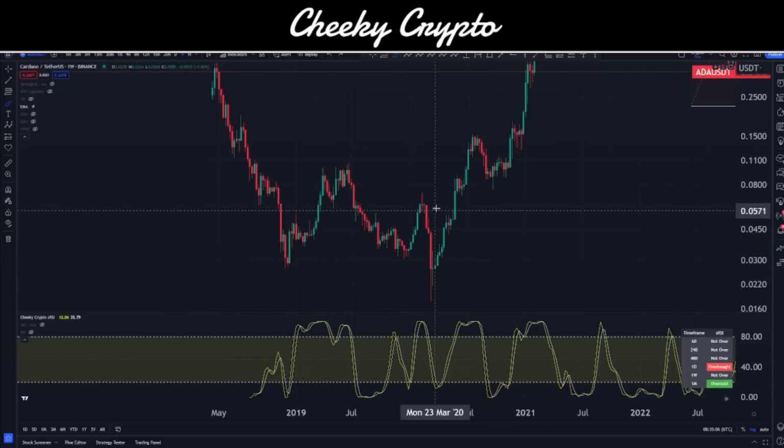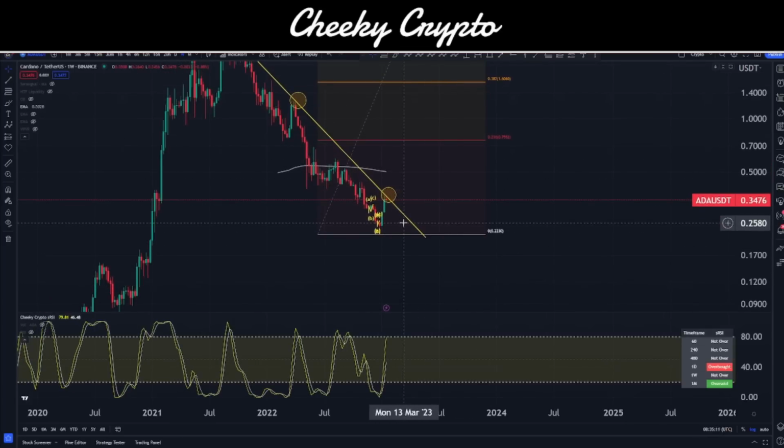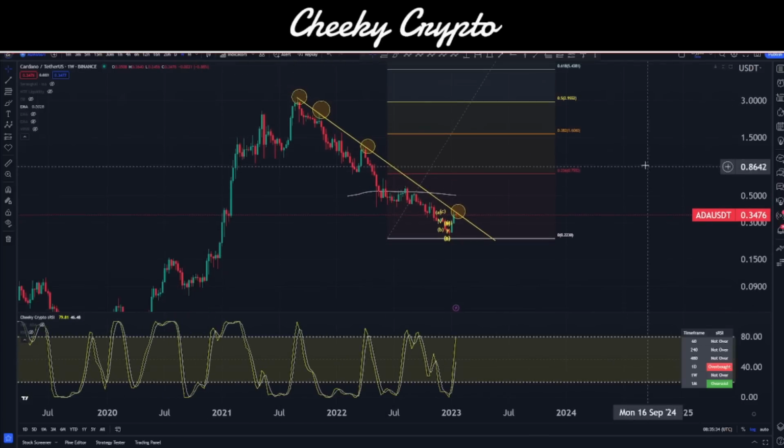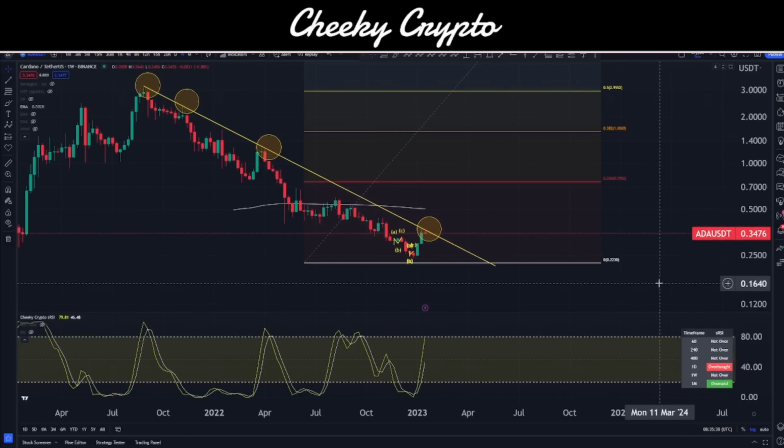So we don't want to get too carried away thinking that we're going to miss an opportunity here, because you can always come back in on the next retracement and buy back, but this time you're buying into the confirmation of a trend to the upside rather than hoping that it's a trend to the upside. You can sit back, wait, relax, wait to see if it is a trend, and then buy the retracement that forms after the trend, and you're going to get very, very close to the bottom without any of that fear that you're going to be trapped out. So just keep these things in mind.